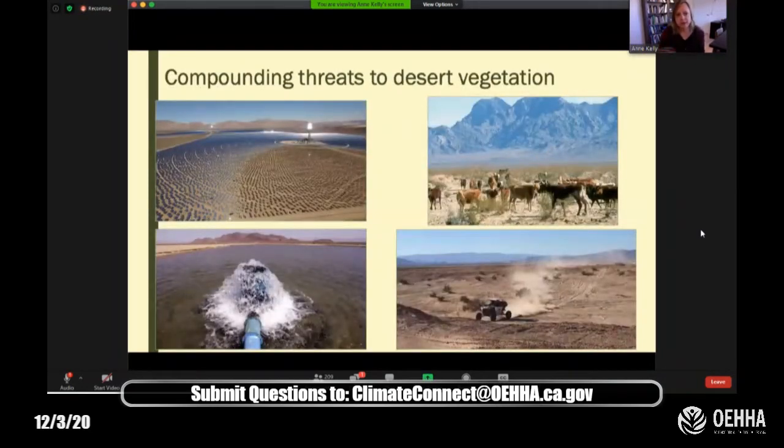So other threats compounding the effects of climate change on California deserts include major activities going on out here. So solar and wind development and their transmission lines scrape large swaths of desert. While the blading directly removes native vegetation, it also removes protective soil crusts. This bare soil is prone to erosion and becomes prime habitat for these invasive grasses. These soils are also worse at retaining precipitation.